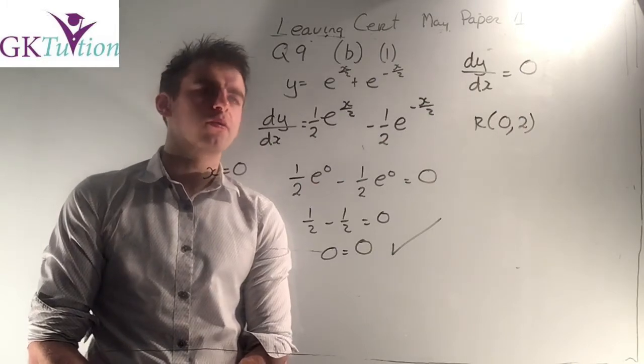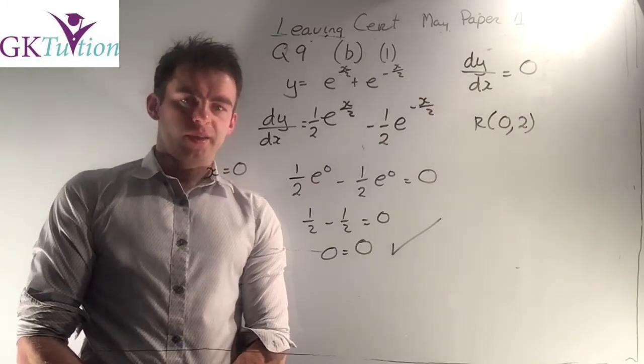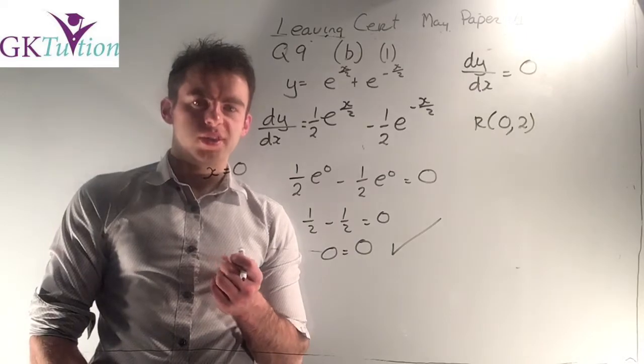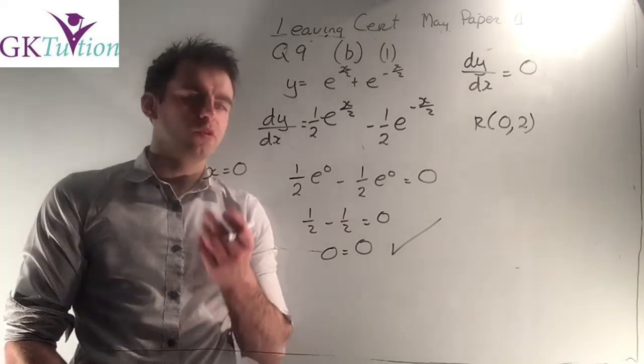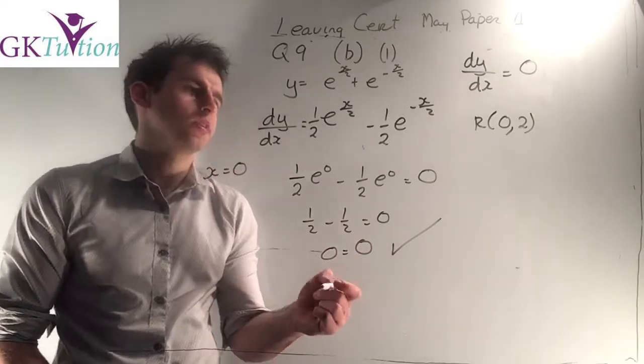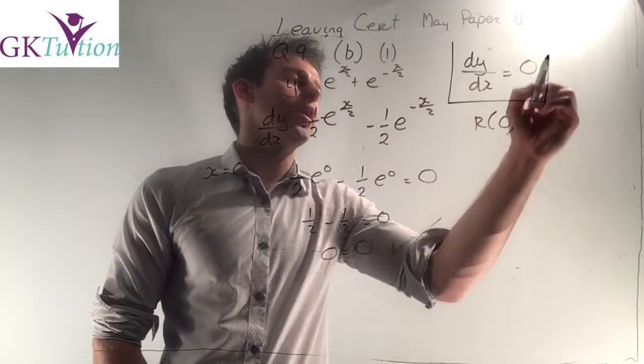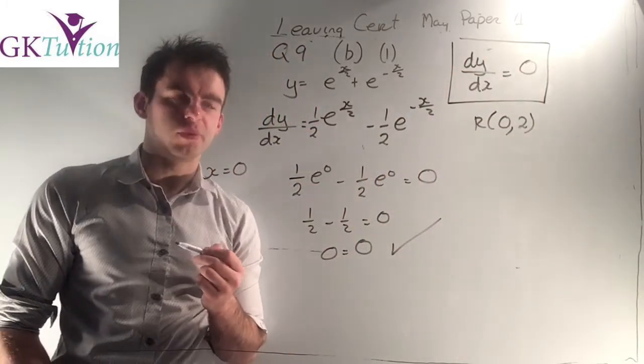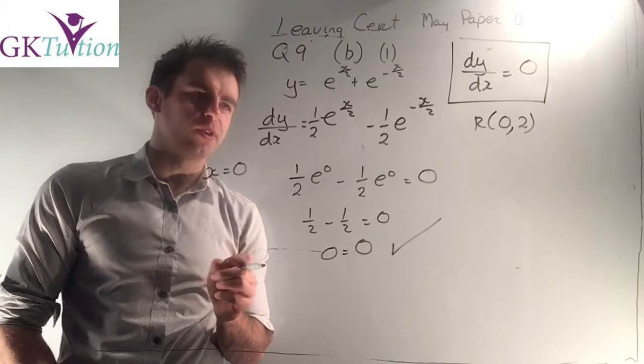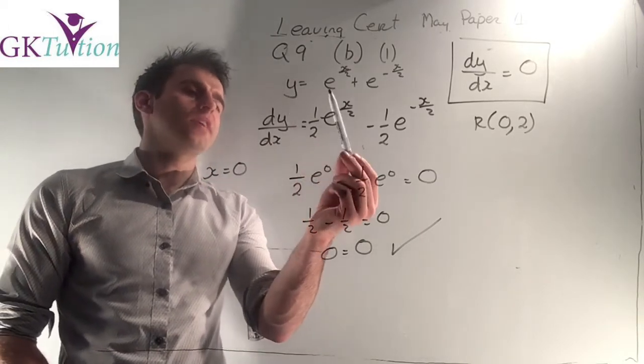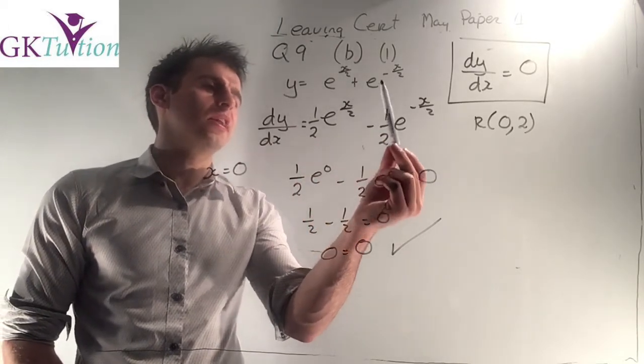Okay, there's 10 marks going for B part 1. In this one, it asks me to show that OR is the minimum point on the chain. In other words, you're trying to find the minimum turning point. You should recognize straight away that at a turning point, the first derivative is equal to 0, or in other words, the slope is equal to 0. So if y is equal to e to the power of x over 2 plus e to the minus x